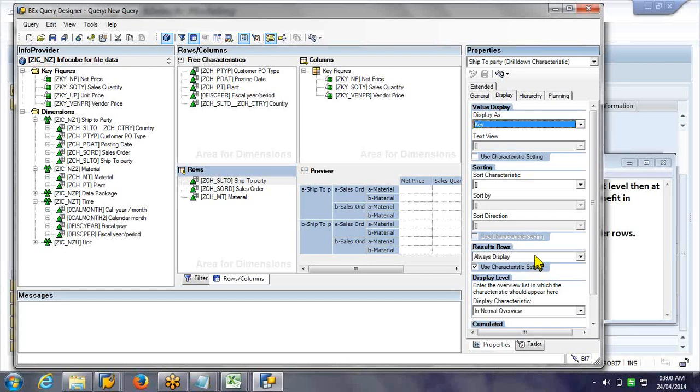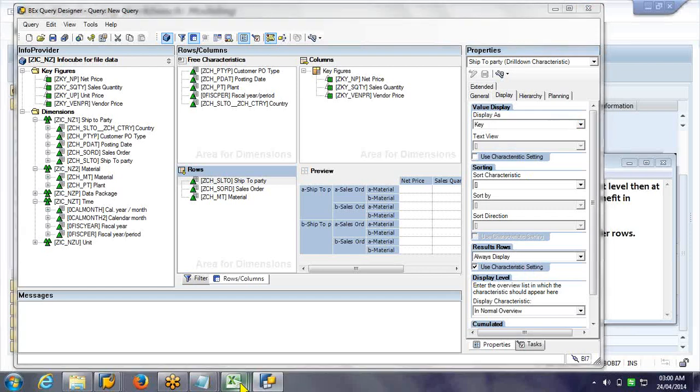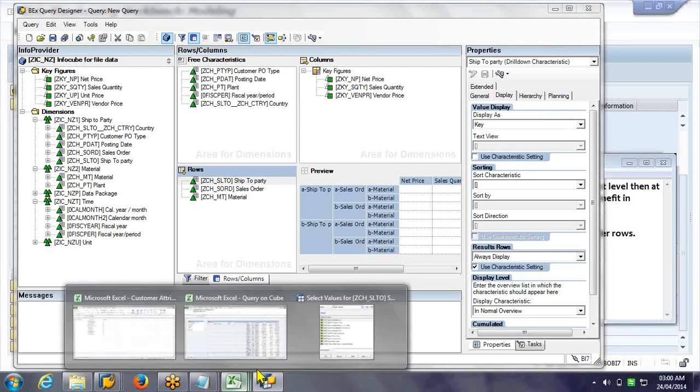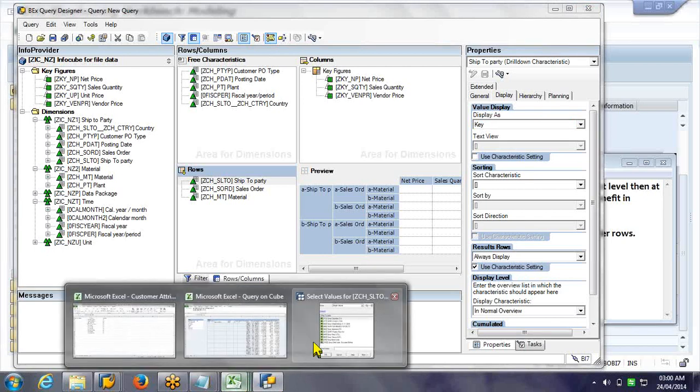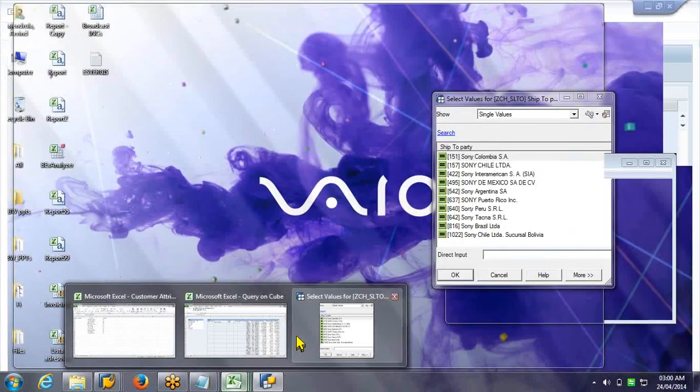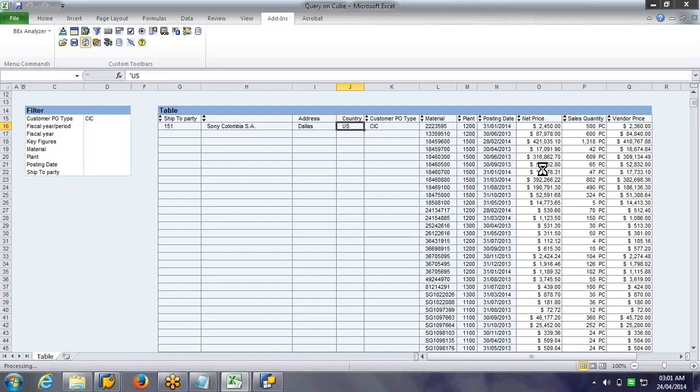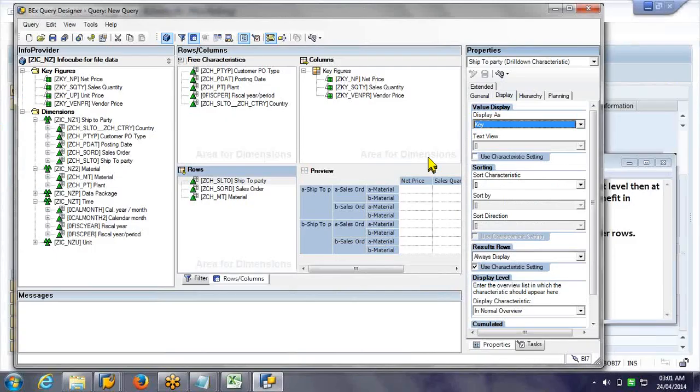Result rows display. We can have the subtotal, grand total concept. For each row you can have a total, or for the entire thing you can have a total. On the whole I want a total.